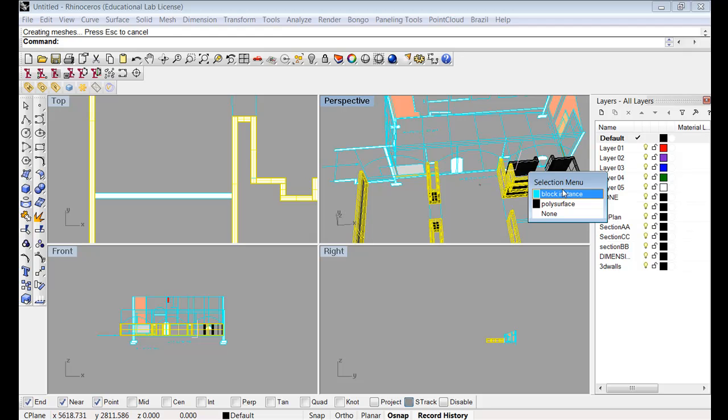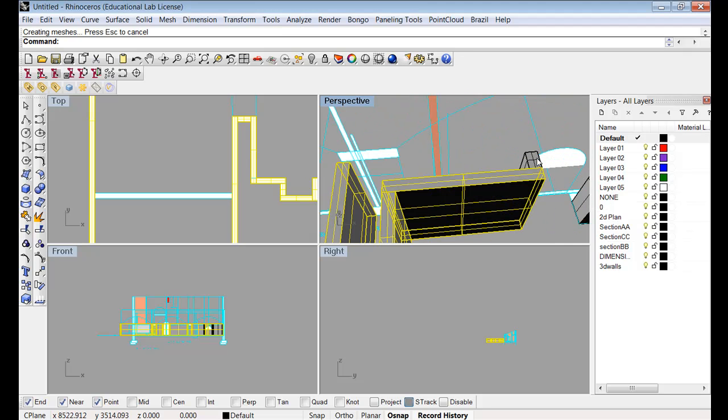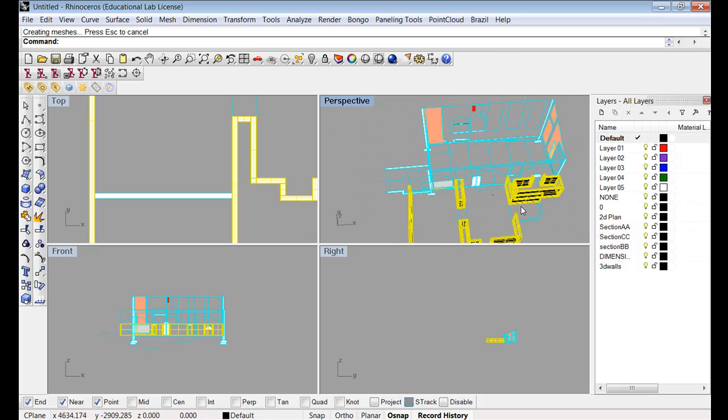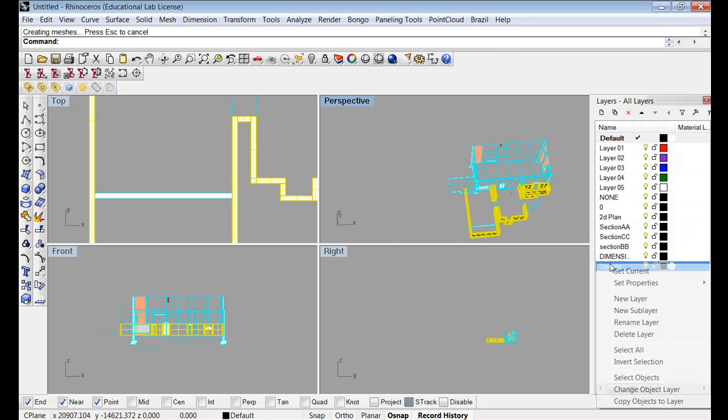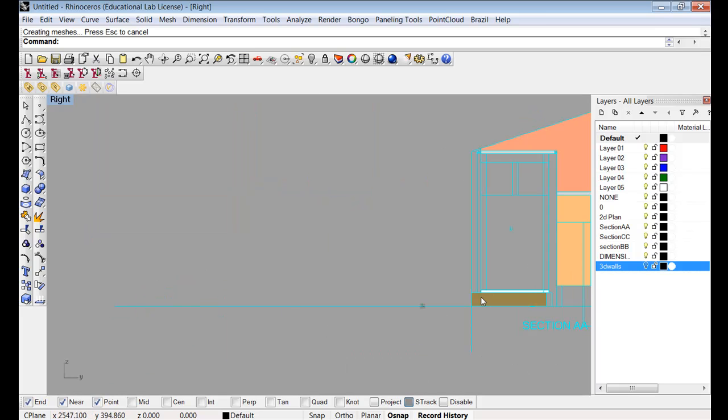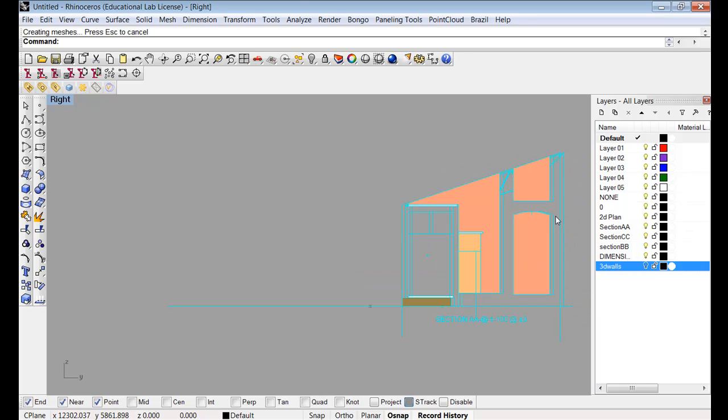Notice this selection menu, when that comes up I can select the... then I go down to my 3D walls there, change object layer, and then I'll turn them off. Right, yeah, that explains it. So if I look at these from the side, my right angle, you notice, yeah, they're completely flat, and that's good. So what that means is I can use these drawings to do different